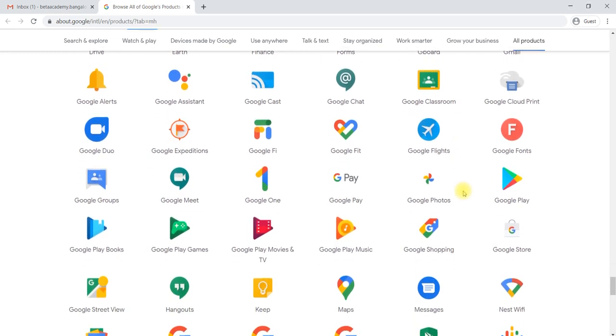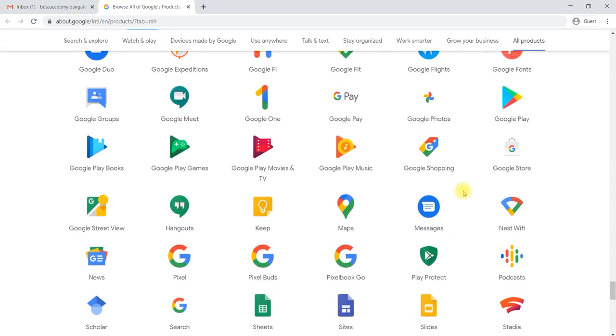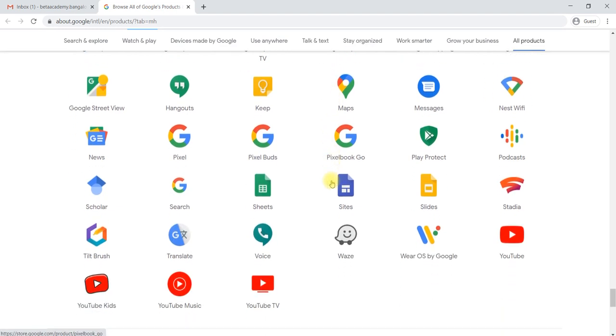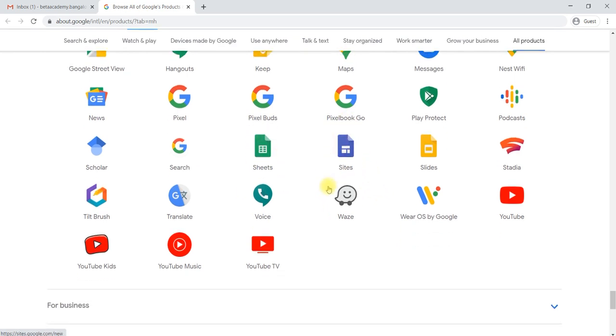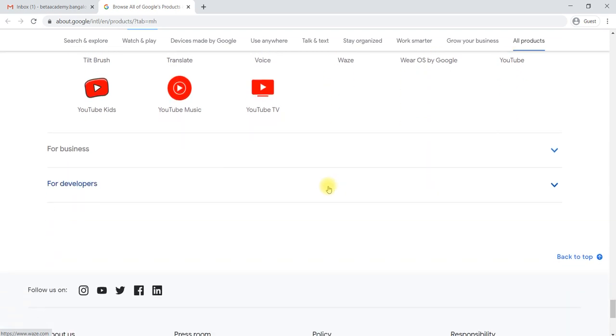Then we are going to learn about Google Sheets, Google Sites, and there is Google Domains, which will be a separate one that we'll discuss.